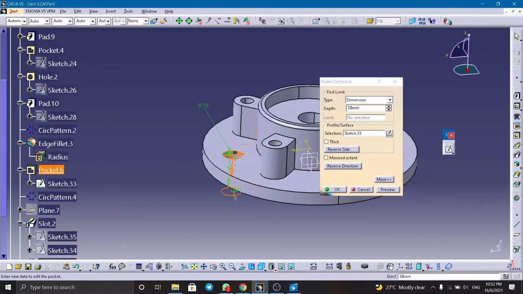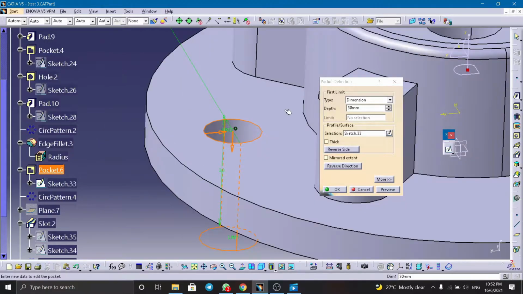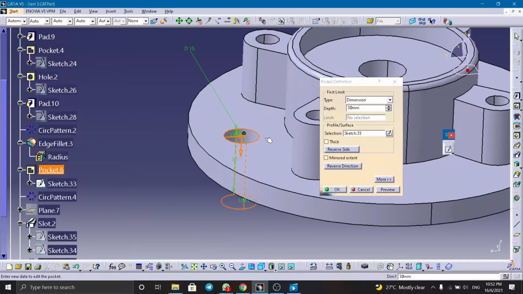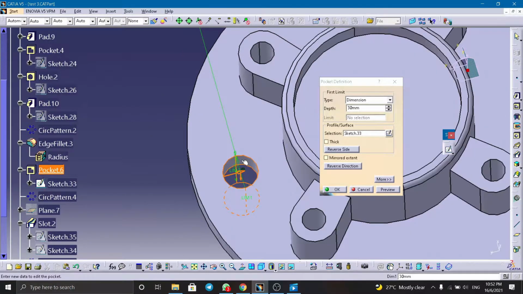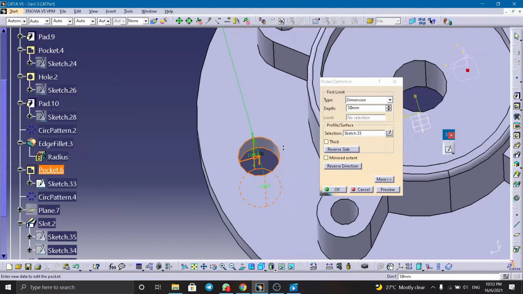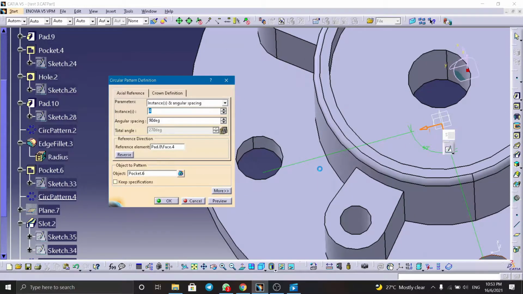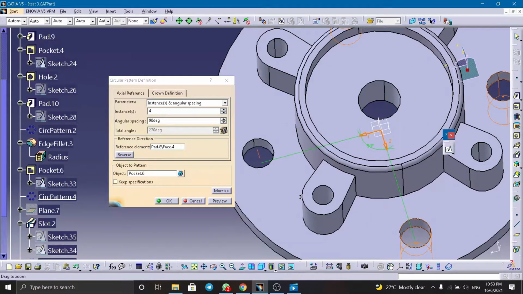Okay, here you can see this diameter 15 hole has been pocketed all the way through, so you can see the hole goes through all of this. The depth is 30 mm, and then I select OK. After that I have to do a circular pattern, because I need this one hole to be at four places around our circle, and then I go to circle pattern,